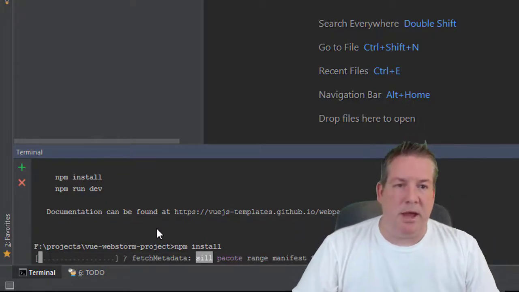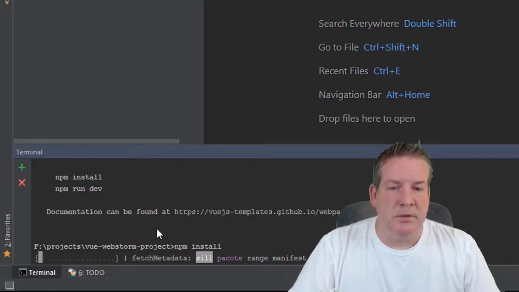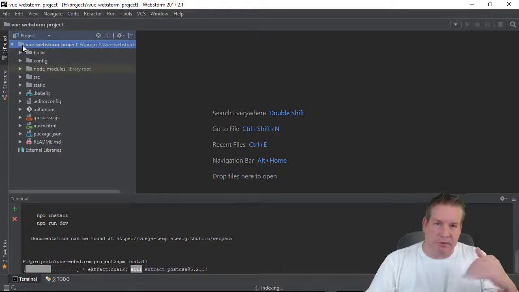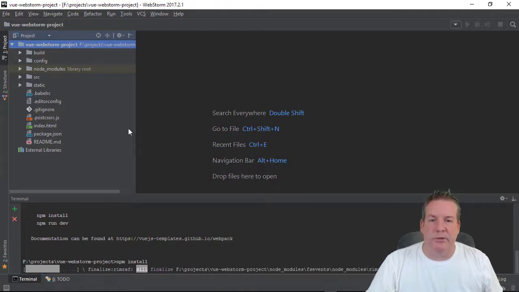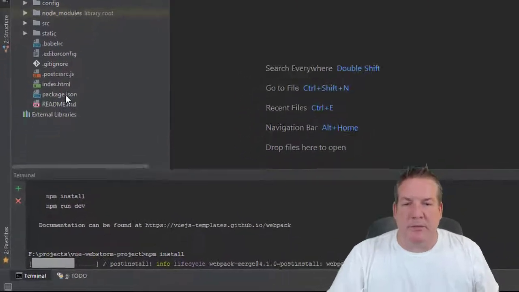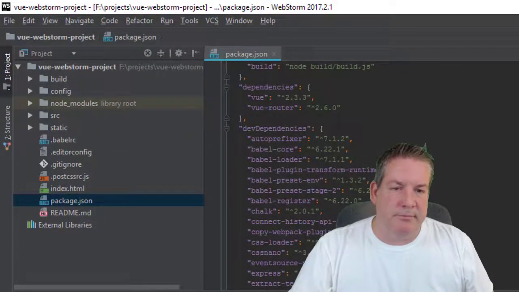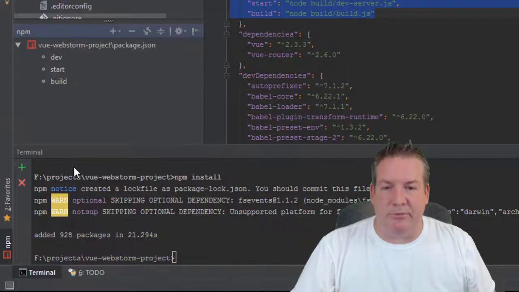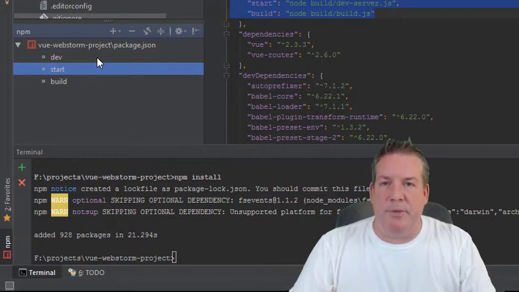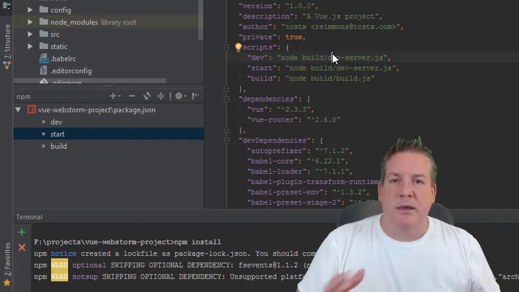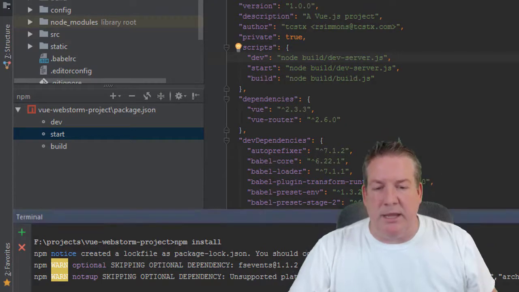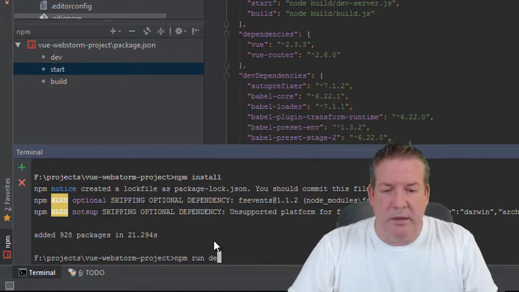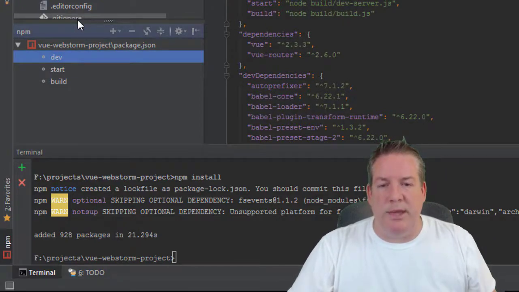will install the whole thing on my WebStorm, and when we run the original init Vue, it builds our package for us. And of course, right now we're installing these Node modules. But in WebStorm, I can open my package.json file, which tells us everything that it's installing. It also tells us what our scripts are, and I can right-click and hit Show npm Scripts. So now I see that I've got a dev, start, and build script that are part of the Vue-CLI development platform. And instead of running it in the terminal, I don't have to run npm run dev. I can, but I don't have to. I can run it right here from the GUI interface,